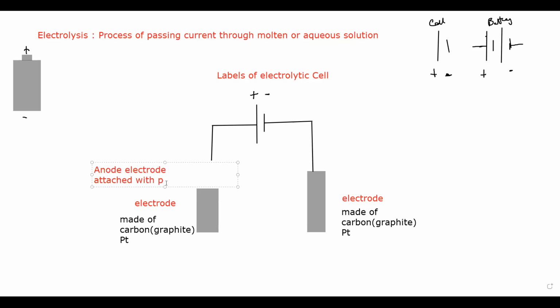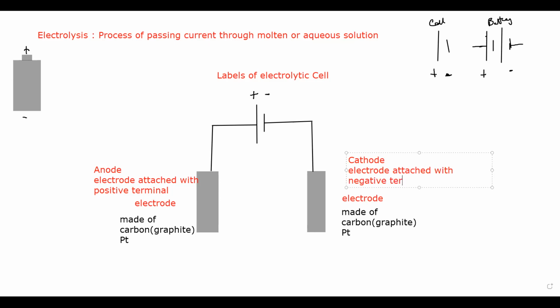So the electrode attached with the positive terminal of the battery is known as the anode, and the electrode which is attached with the negative terminal of the battery or cell